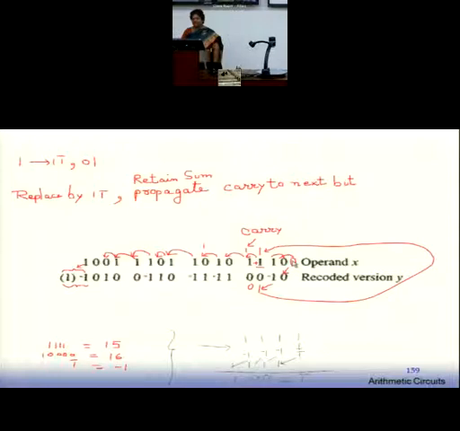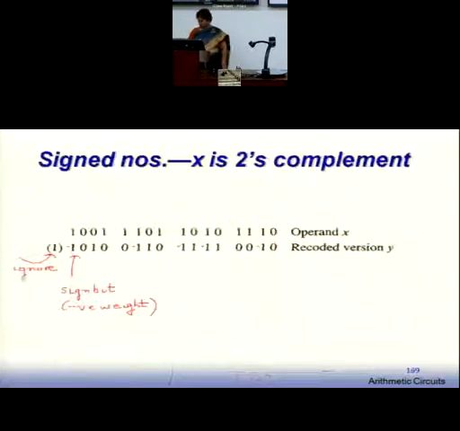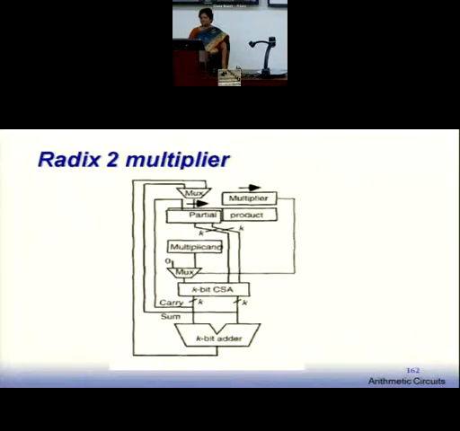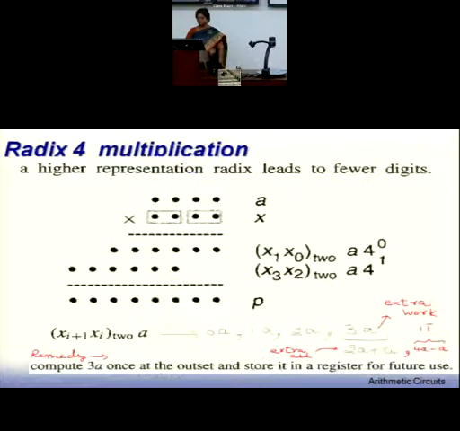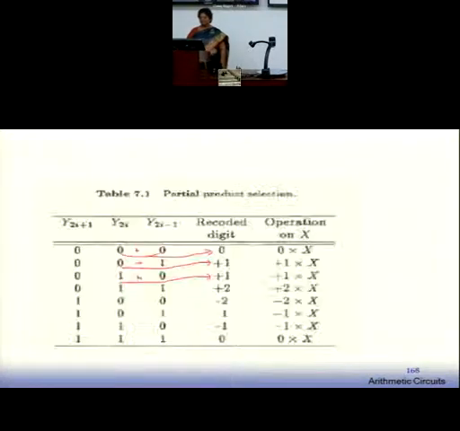So you look from previously what is coming, and then decide for the recoded bit for the ith position. Looking on ith, you decide for I plus 1th. Looking for I plus 1th, you decide for I plus 2nd. Do you remember that? And we make this table, and the table is made. Similarly here, we will make a table for radix 4.